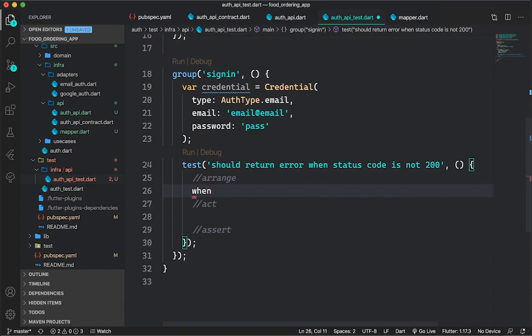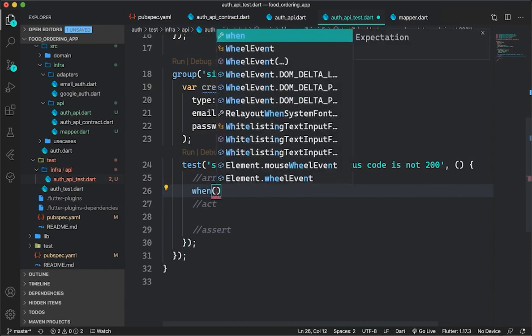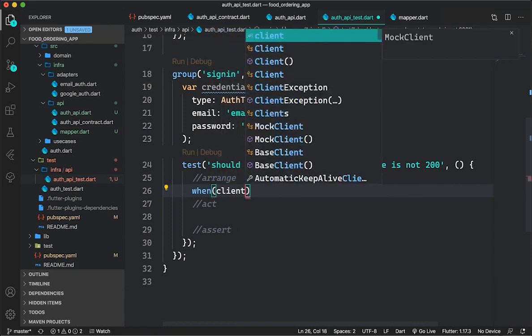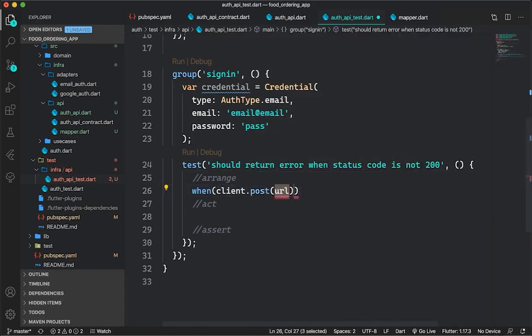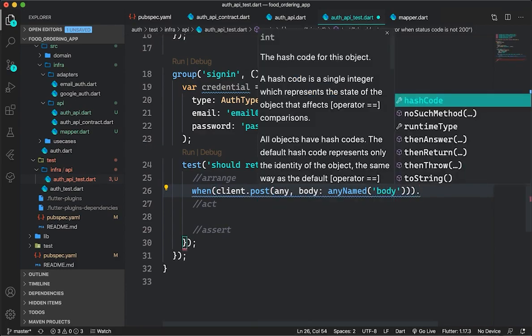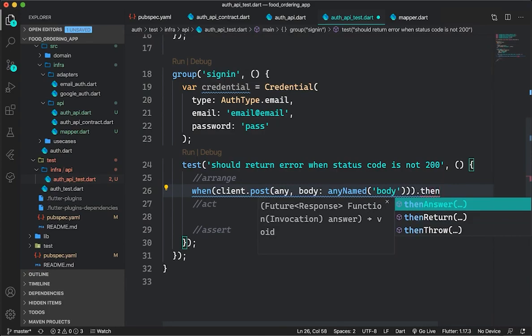And I set up my Mockito client so that whenever the post method is called with any URL and any named parameter body, then I want to answer,